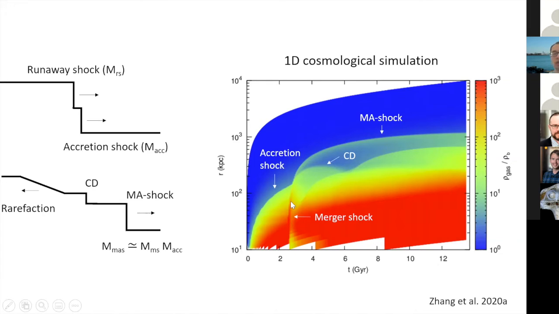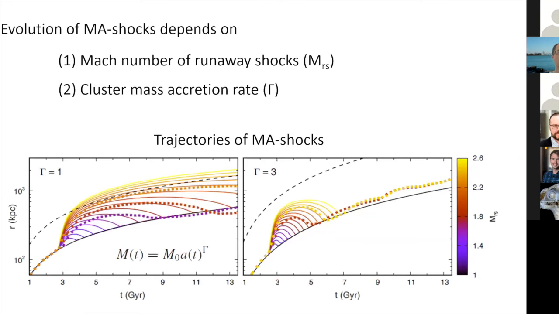And the secondary shock quickly catches up with the accretion shock at this point, and after that, the MA shock is formed. You can also see the contact discontinuity formed there. You can see after the shock collision, the SEM of this cluster is significantly expanded by a factor of up to a few. And actually, in our simulations, we found that the evolution of MA shocks depends on mainly two